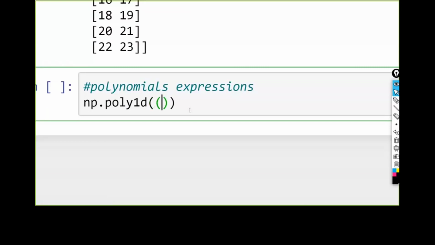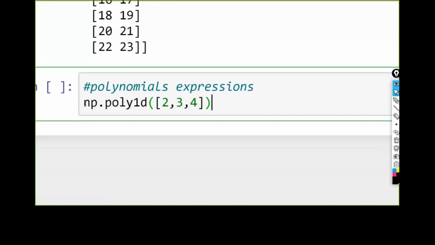It's going to be a linear expression. We are going to provide the values 2, 3, and 4. So I'm giving a list of values, an array of values to this poly1d,